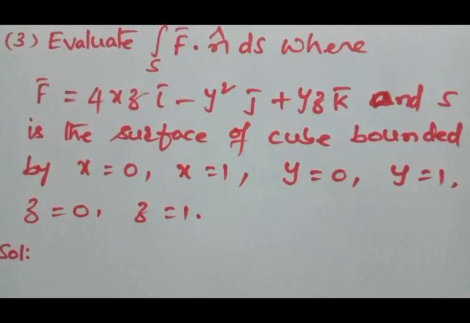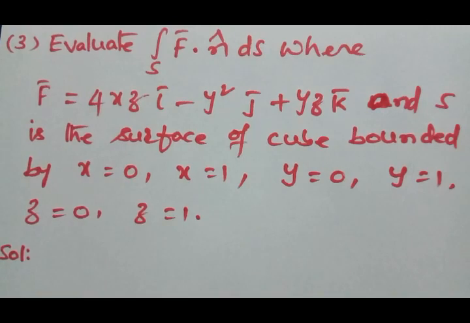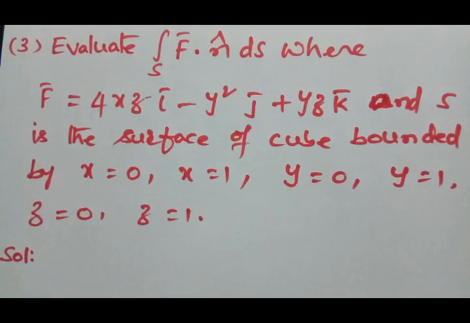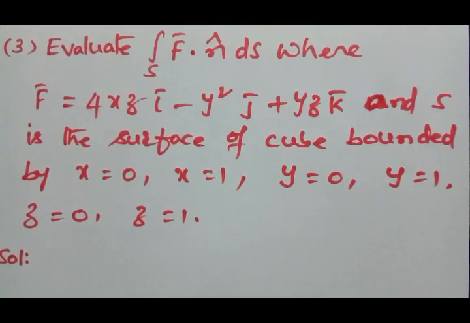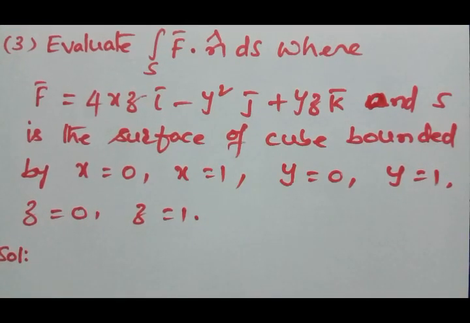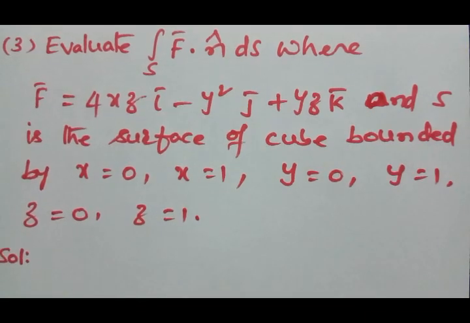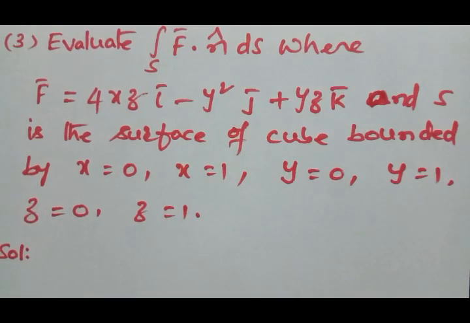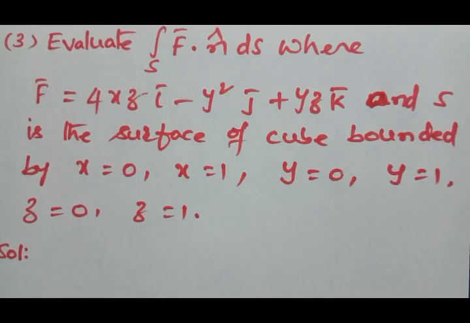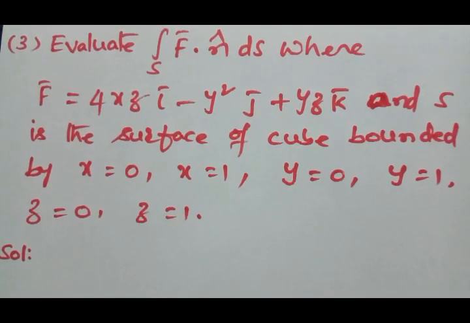So therefore, here it is three-dimensional, so the planes we have to consider are the planes at x equal to 0, x equal to 1, y equal to 0, y equal to 1, z equal to 0, and z equal to 1, since it is a three-dimensional coordinate system with x, y, and z. In two-dimensional geometry we can take them as parallel lines, but here we consider them as planes.